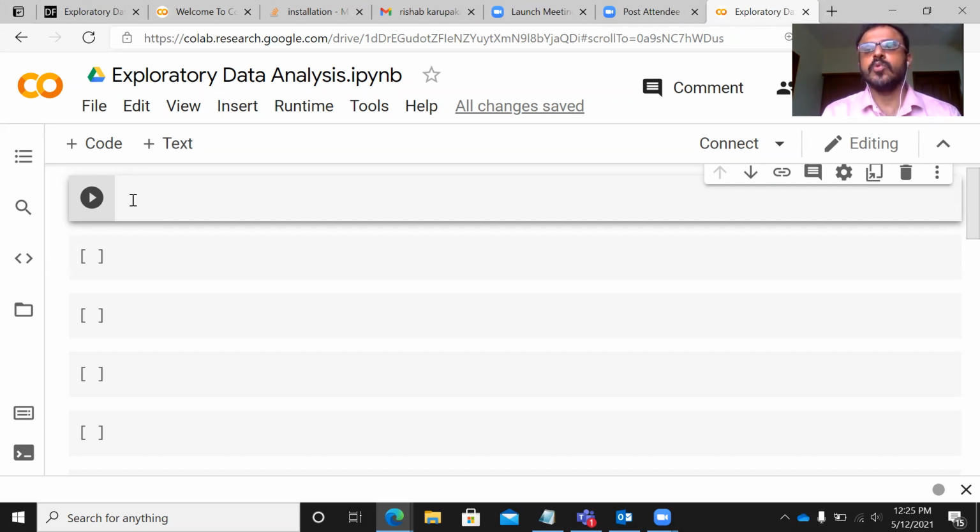Imagine a data set wherein you have 50 to 60 variables, and you are expected to generate a bar chart, a pie chart or a histogram. In some cases you may have to check the distribution of the variable, whether the variable is normally distributed or not. You are also expected to prepare a DQ report or a data quality report to find out the number of missing values in the data set, the number of outliers, extreme cases in a data set. Now, doing all these things is not an easy task. It requires a lot of effort.